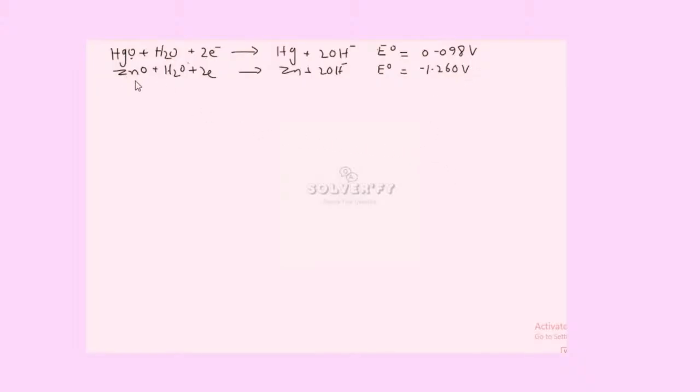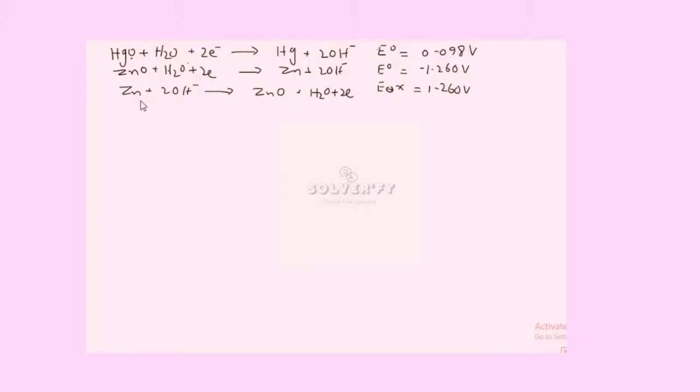So in this reaction, zinc is oxidized while mercury is reduced. So when zinc reacts with the 2 hydroxyl ions, forming zinc oxide and water molecule, here two electrons are released, so the E oxidation of the zinc is equal to